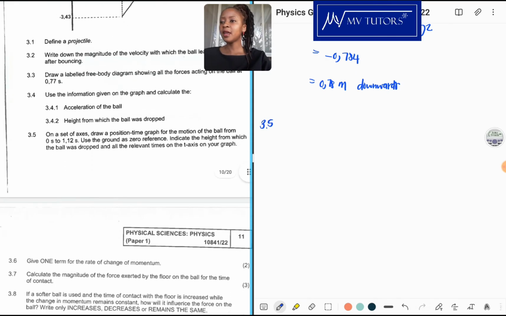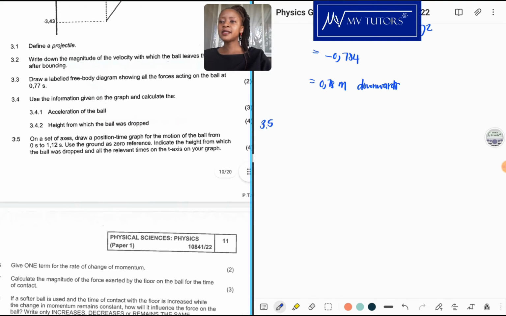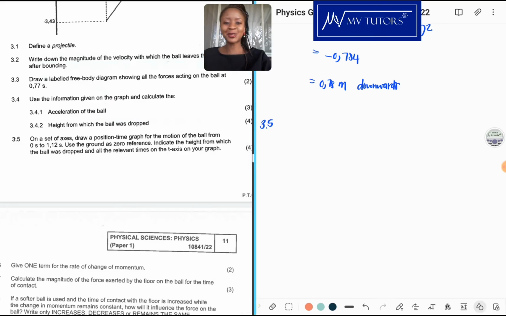And now 3.5. On a set of axes, draw a position time graph for the motion of the ball from 0 seconds to 1.12 seconds. Use the ground as 0 reference. Indicate the height from which the ball was dropped and all the relevant times on the t-axis of your graph. Okay, so we have already drawn it initially, but if we're just going to formalize it,